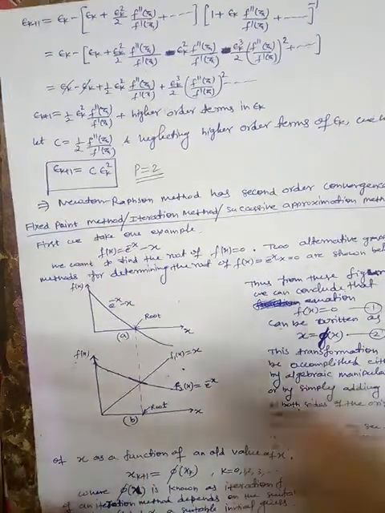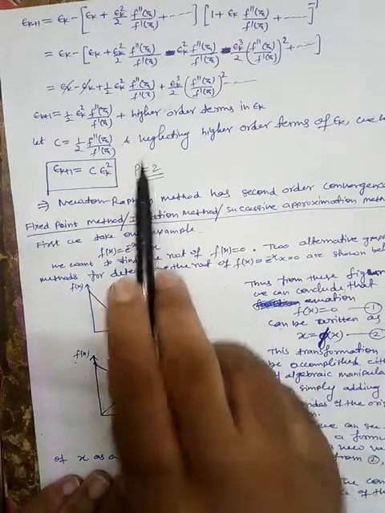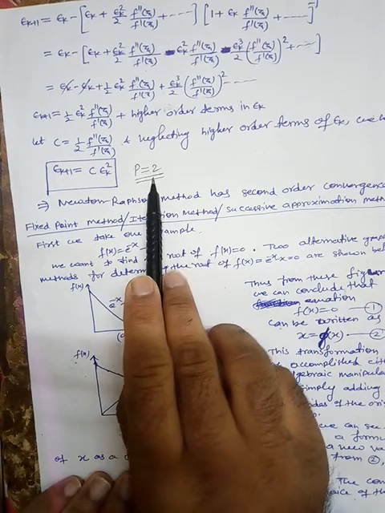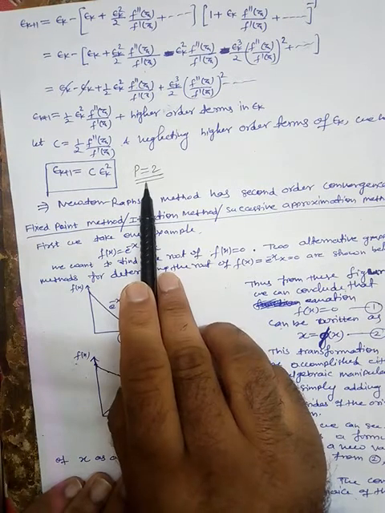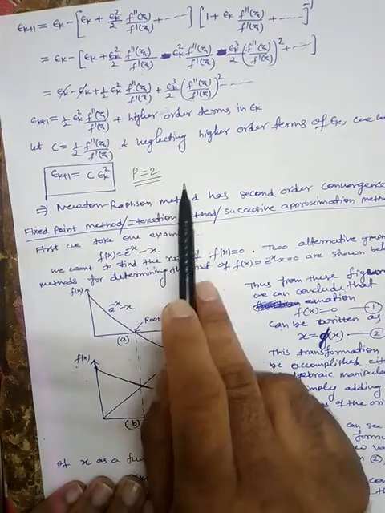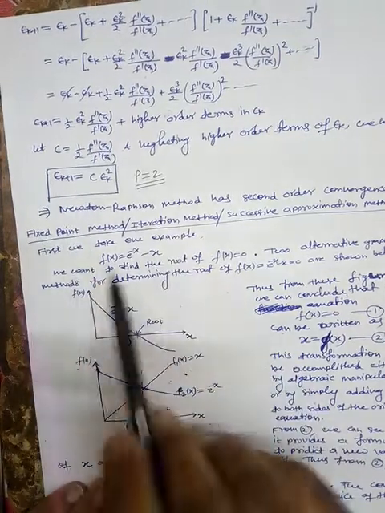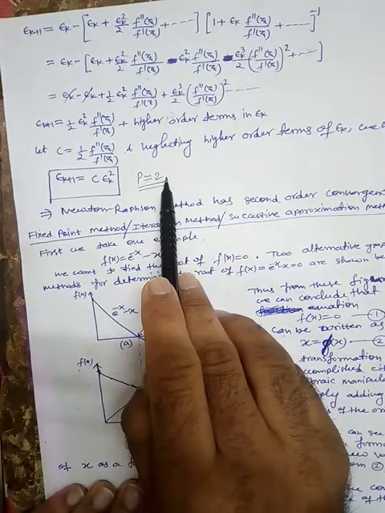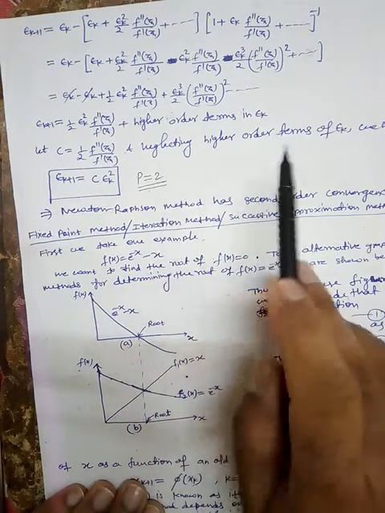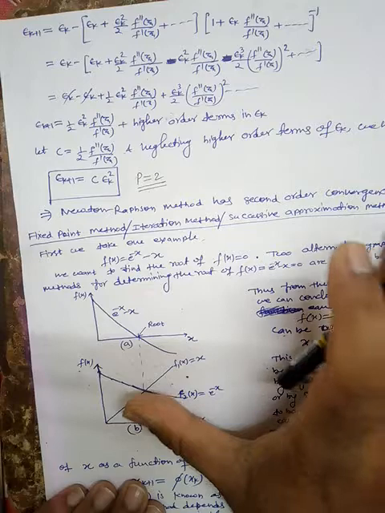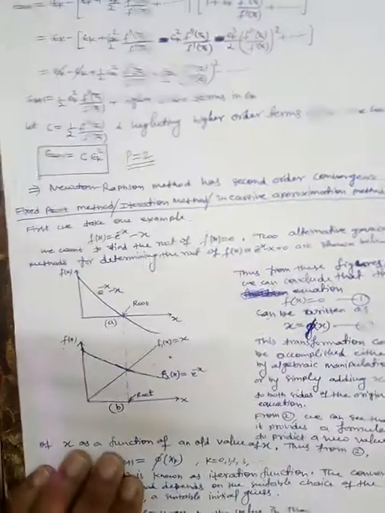That's why if you compare these three methods, Newton-Raphson method is fastest method among all these three. Okay, then secant method, and the third one is Regula-Falsi method in decreasing order. So first we will have Newton-Raphson method, then secant method, and third is Regula-Falsi method. Okay, so this is the speed of the convergence.